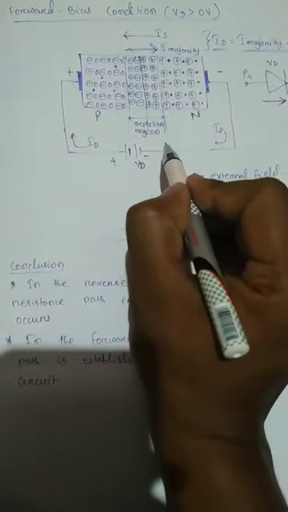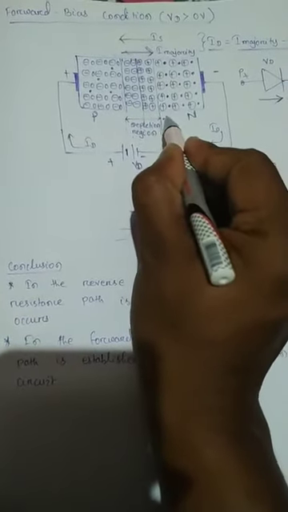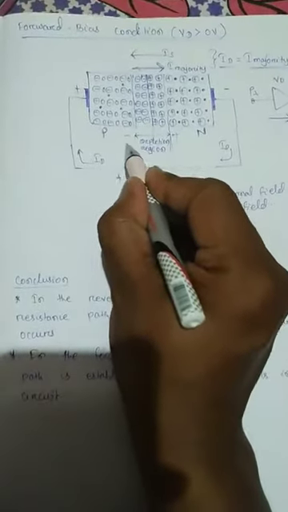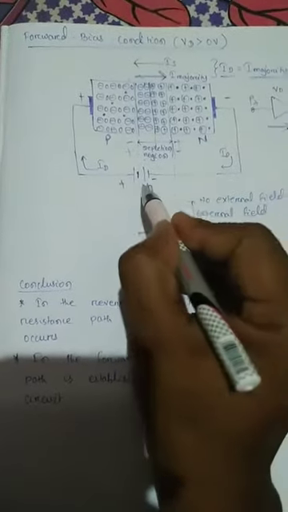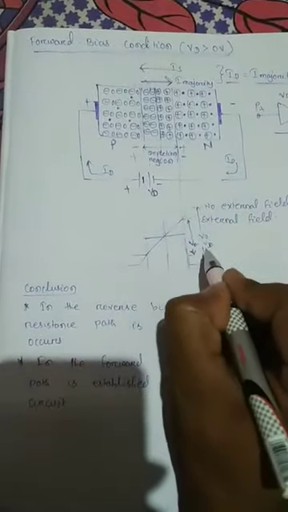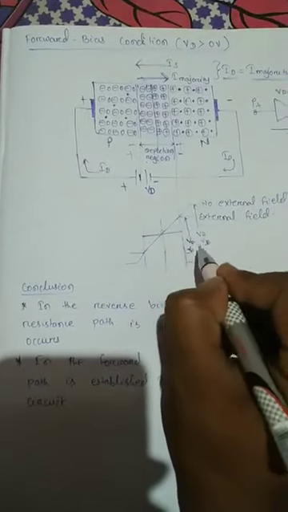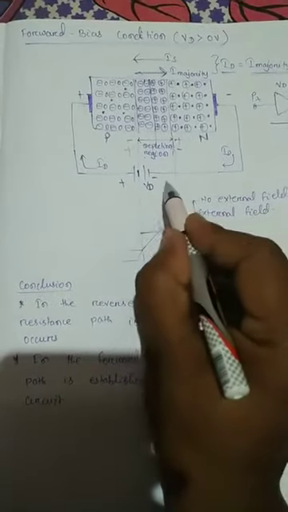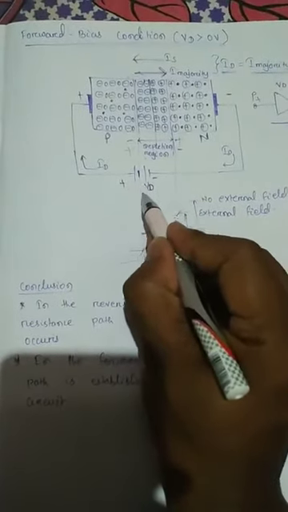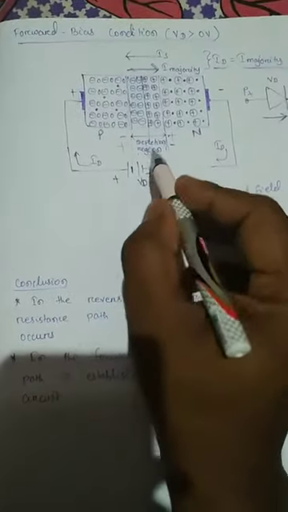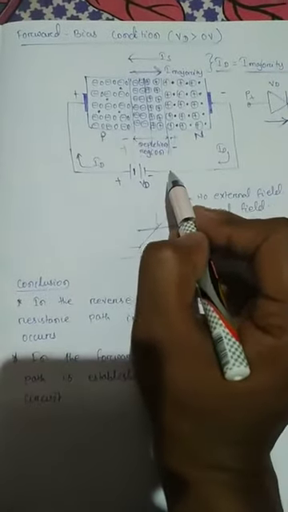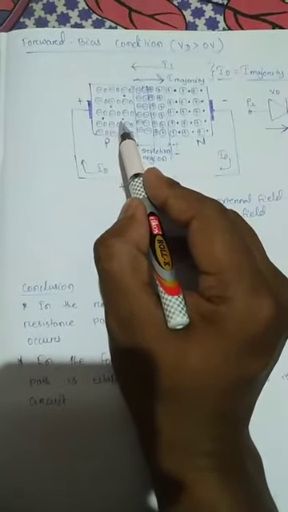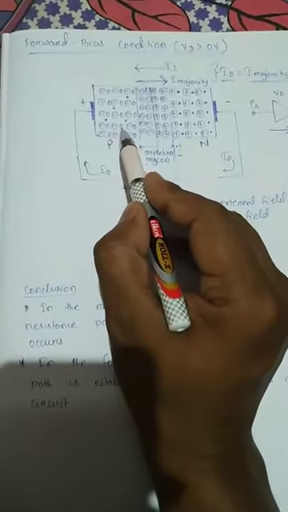In terms of barrier potential, the barrier potential, as you know, is positive on this side and negative on this side, but the supply voltage is positive on this side and negative on this side. So the barrier potential is reduced by an amount Vd. Previously, as you see, the barrier potential is V0. Now it will become V0 minus Vd. So the barrier potential will be reduced by the amount Vd. This reduction in the width of the depletion region or barrier potential will provide a low resistance path for the majority carriers to cross over the junction.